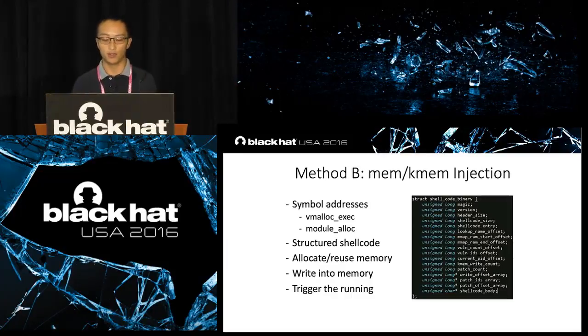The second choice is to do the MEM or KMEM injection. That's similar. We prepare a struct that has empty fields as a template. And after collecting enough kernel information, we fill such information into the template. And then we can do the binary executable injection to execute it on the target platform. In this way, if there is any dependency in the code, it can be automatically solved. For example, if it has to call vmalloc, we can just search the symbol and fill this into the structure.